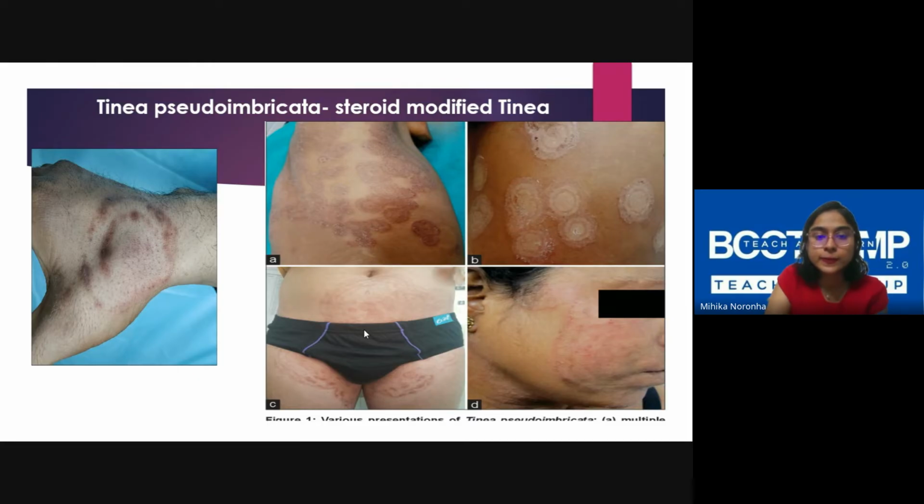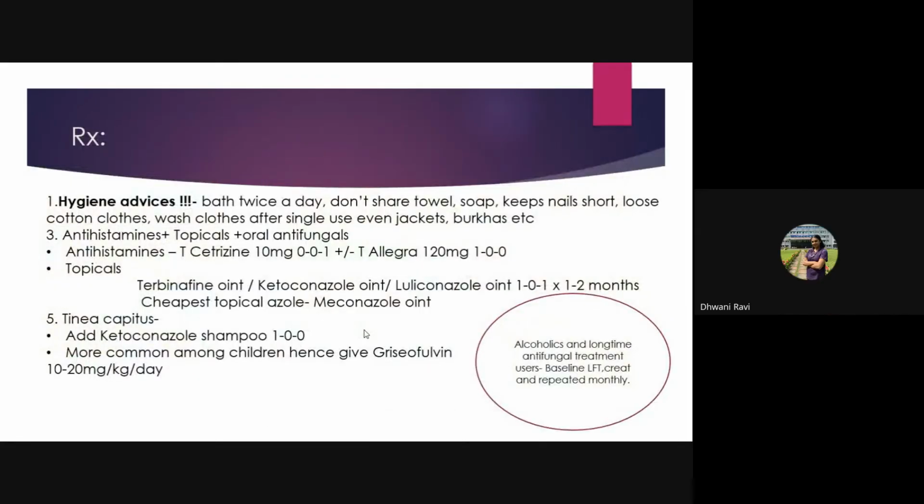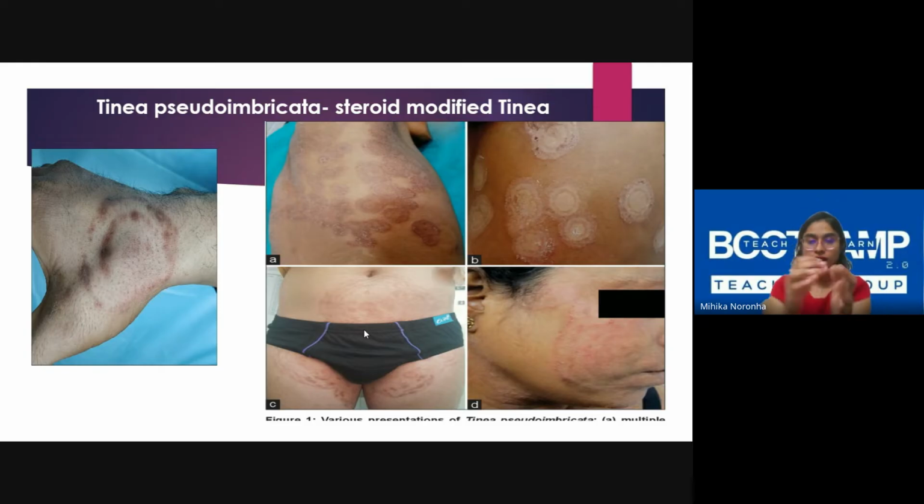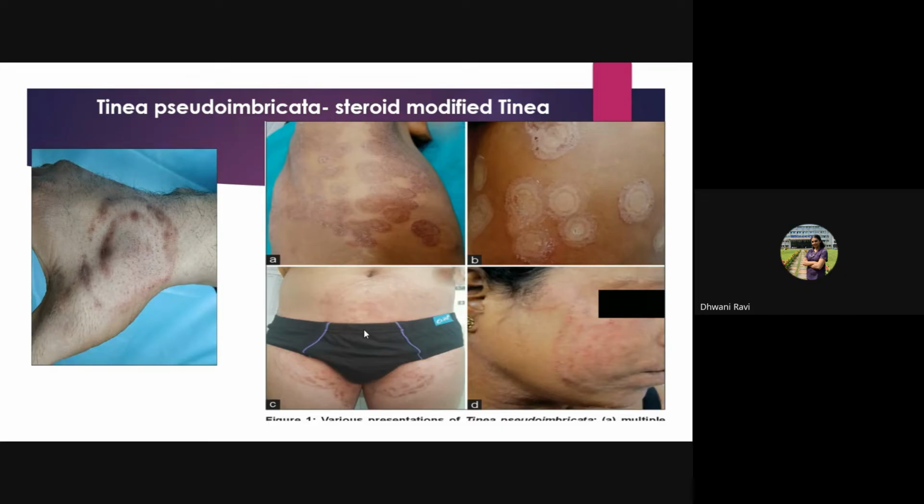Go ahead, Navneeta. Yeah, I have a doubt about that. Just to clarify, I guess this doesn't really matter on presentation, but is the first ring that appears the outer ring, and the inner ring the one that comes new, or is it the other way around? So normally you'll have the inner ring, and then it will keep expanding in size. The diameter of the ring will just expand in a typical case of tinea. Now what happens is you'll have the outer ring that keeps growing, and then you get concentric rings appearing inner to that as the outer ring keeps expanding. Got it. Okay, thanks.